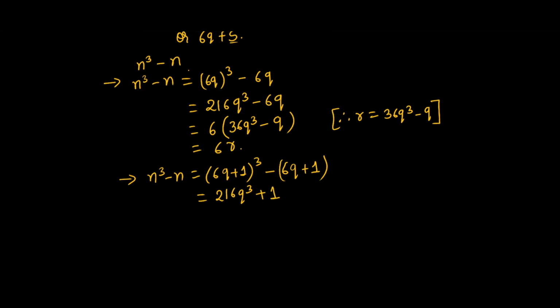B cube will be 1 plus 3a square b. So 3 into a square, 6 into 6 is 36. 36 into 3. 6 times 3 is 18. Carry 1. 3 into 3 is 9 and 1 is 10. 108 q square